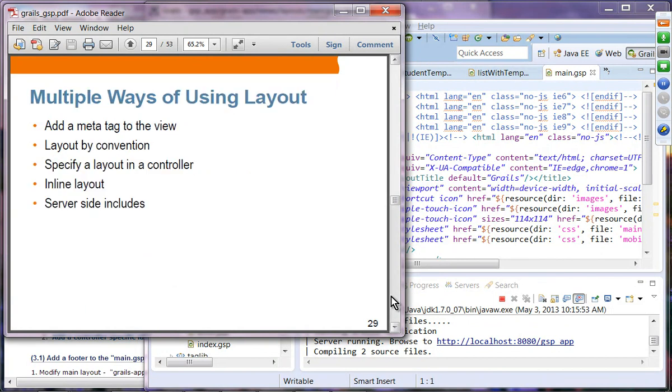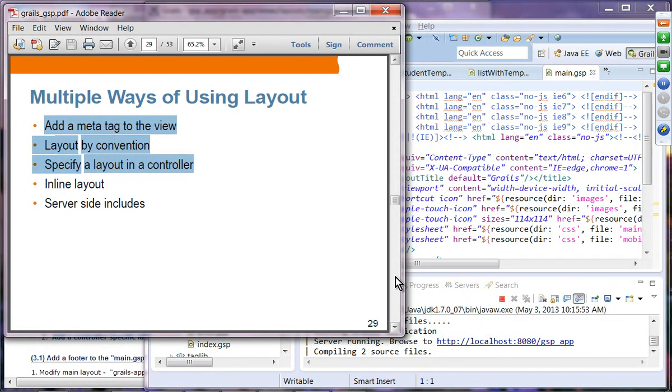Okay. All right. So there are multiple ways that you can specify what layout you want to use in a particular view. So the most popular form of specifying layout is using meta tag. And you can also have a layout by convention, specify a layout in a controller, an inline layout, and server-side include. So we're going to actually take a look at just these